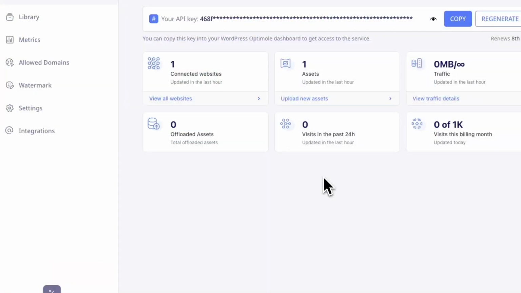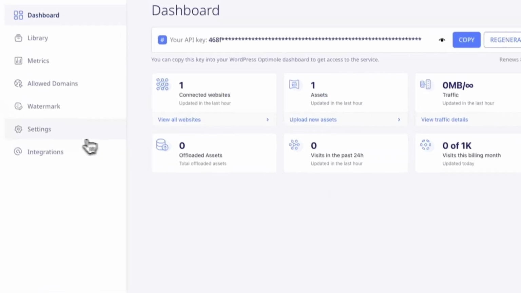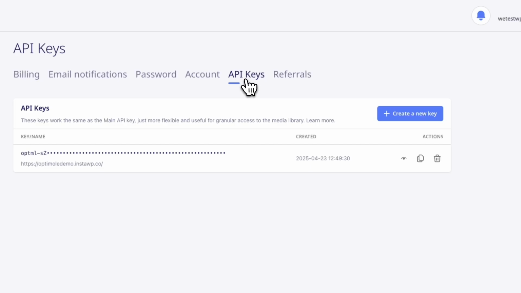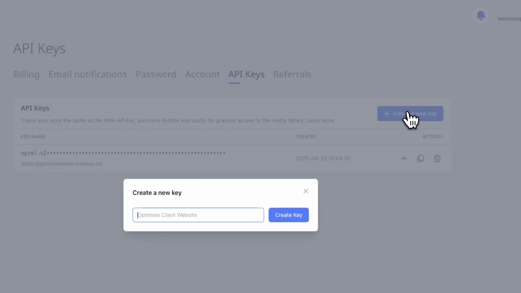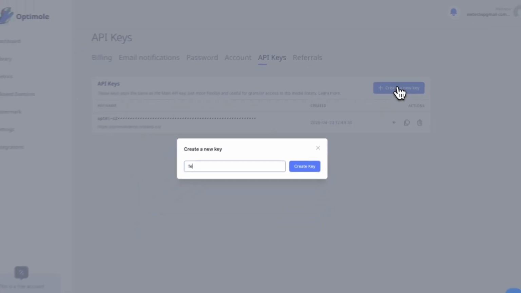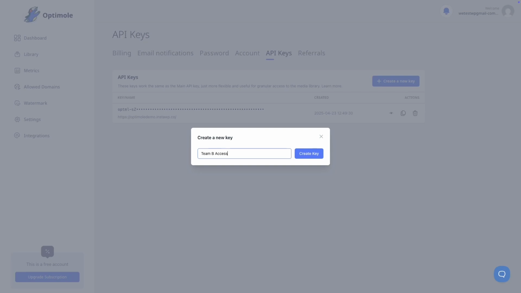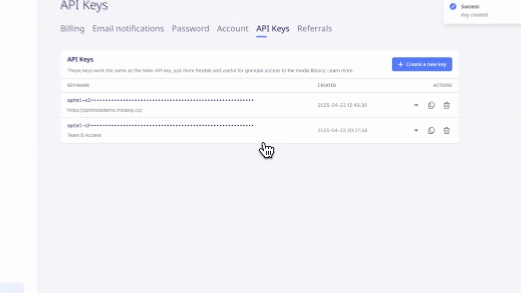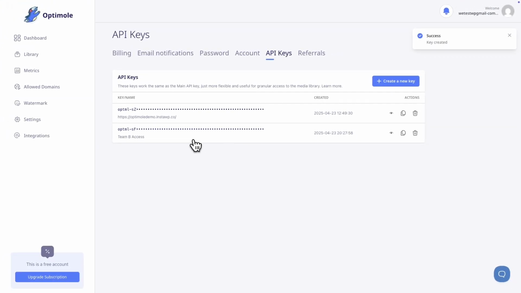Let's move on to our next feature, sub-API keys. In settings, if we go to API keys, we can go ahead and click on create a new key. You'll need to name your key. So I'm going to call mine Team B Access. We'll click on create key one more time. And now we have a sub API key, which we can use to give a team or a client access